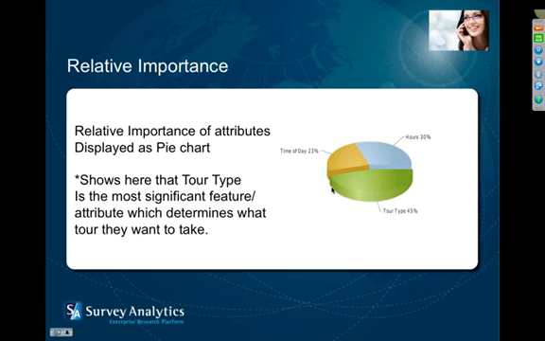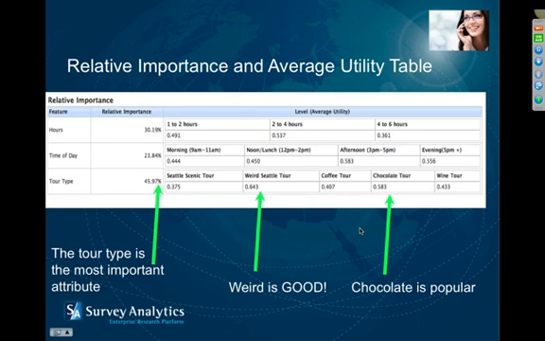So basically, after you are completed with your survey, you can easily see graphically which feature will make the most difference in determining what package they would like. And you'll also be able to make comparisons to the other features that you'll have as well. Here we have the relative importance and average utility table, and this is usually presented right below this. So if you'd like to go inside here and see,